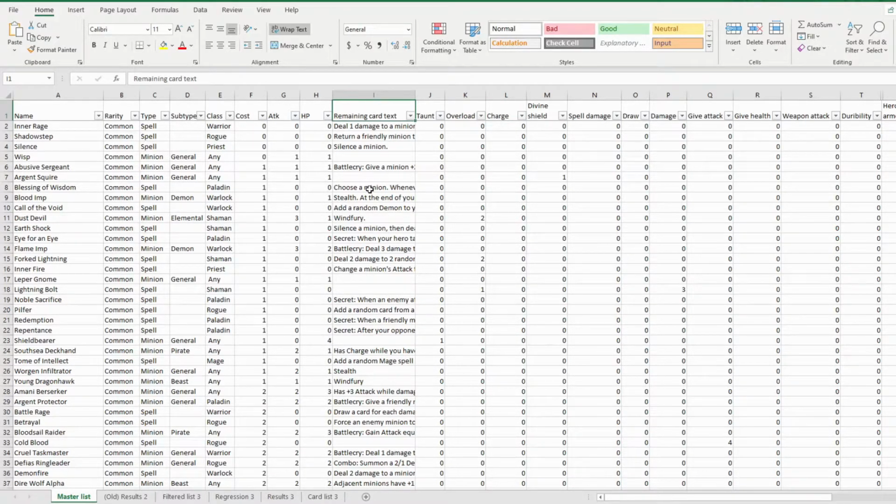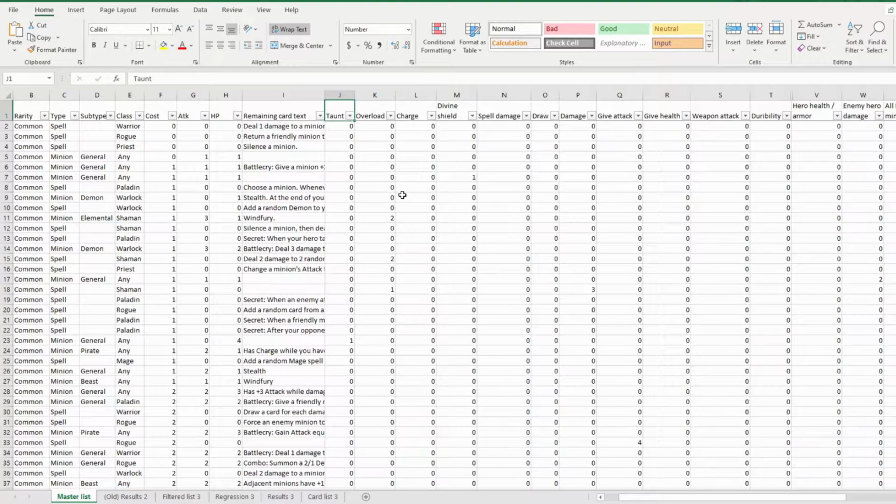And then I looked through that card text and looked for keywords like taunt and overload and charge and divine shield that I could turn into values to describe the card. I was specifically looking for attributes that were pretty common across a lot of different cards. And you can see all of the ones that I looked for across the top here. Along with cost and attack and health, I ended up with 14 different attributes that I was looking for in